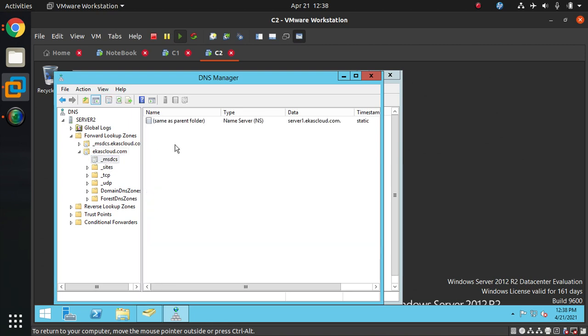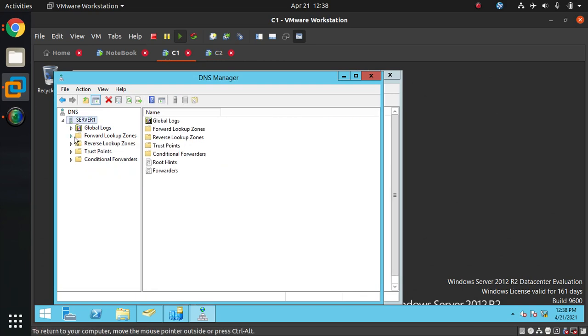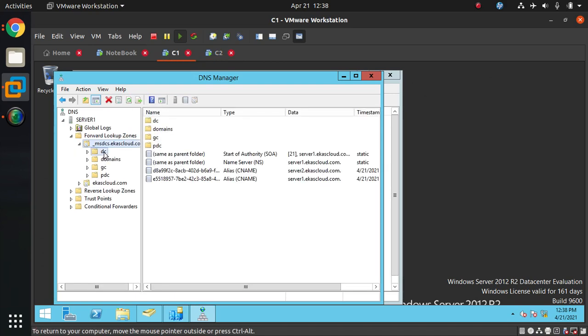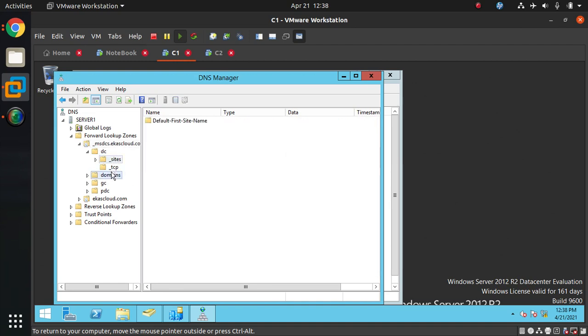If you expand further, you will have a few more records for the global catalog server 1, 2. See what I'm trying to say here: everything is replicated. All the information which is inside the domain, on the DNS, all the partitions are replicated. This is the demo of the additional domain controller.